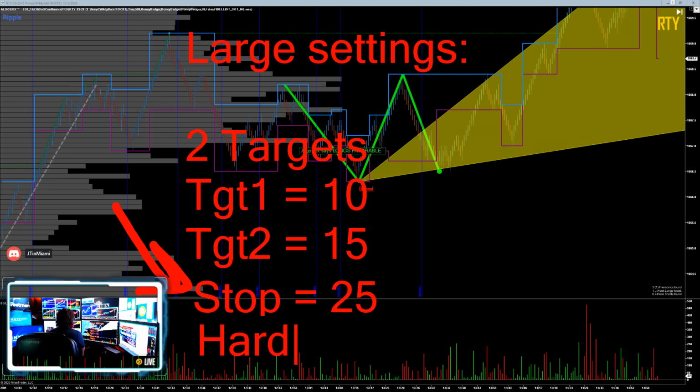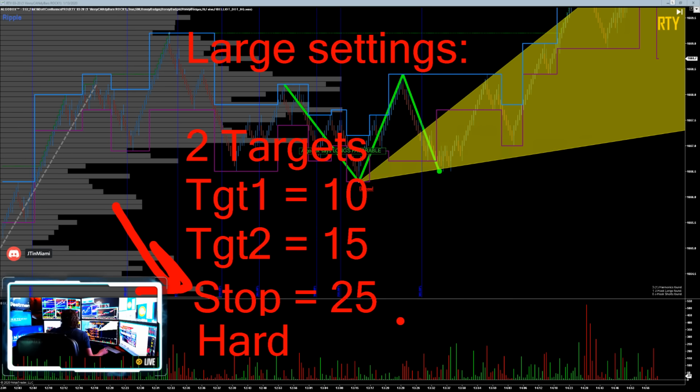What's the difference between a hard stop and a mental stop? Well, the hard stop is actually going to be there, and it halts everything no matter what. But mental stops are going to be way before that. There are going to be ways to make a decision as this trade progresses. If the trade doesn't progress the way that we expected it to, then we are going to close the position out manually.